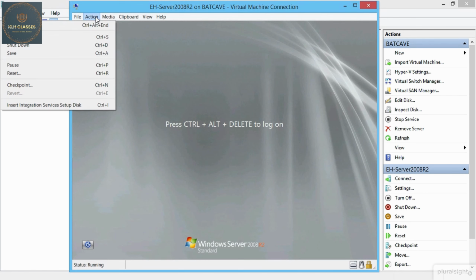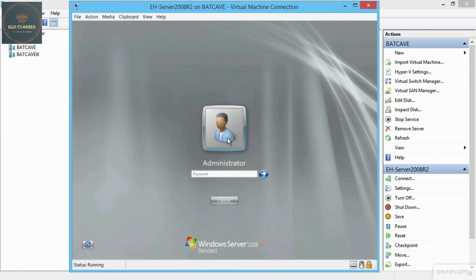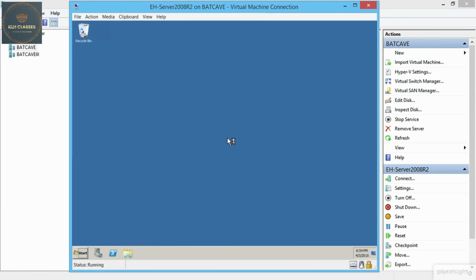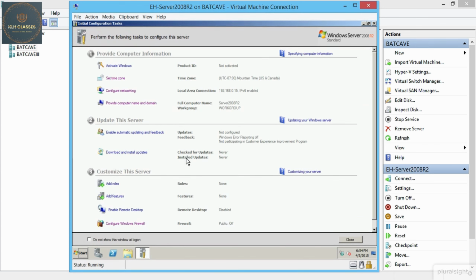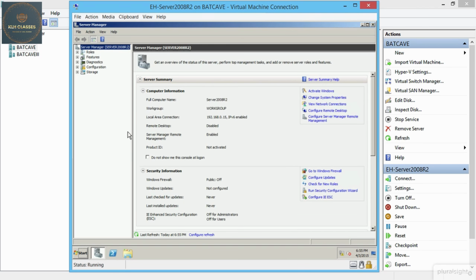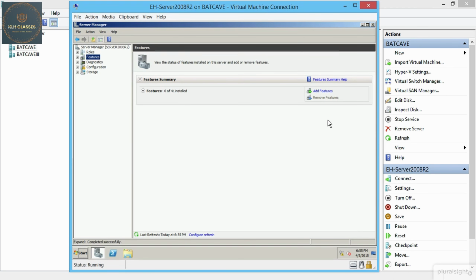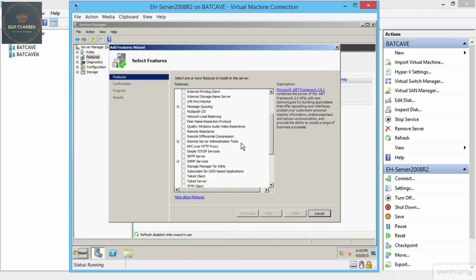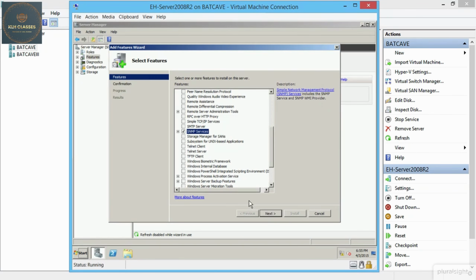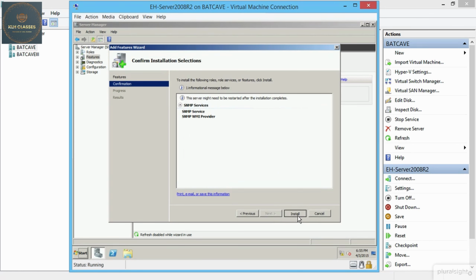Okay, we're going to go ahead and log back in under our actions, throw Control-Delete, and log in as our administrator using our password. Okay, and then we want to enable the SNMP service on this box, just like we did on the 2012 R2 machine. So we're going to come over here to our features, and we're going to add a feature. Oh, let's not show this anymore. Let's close it. I'll show you the other way of adding it. Inside the Server Manager console, we can just simply come down here to Features and select to add a feature. And I'm going to scroll down and install my SNMP services. Hit Next, Install,